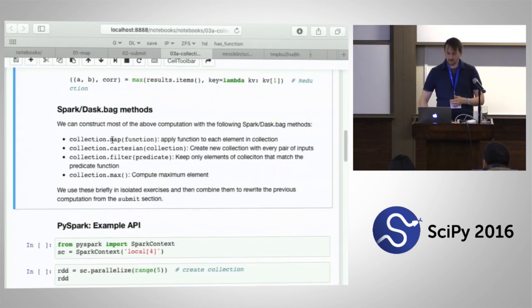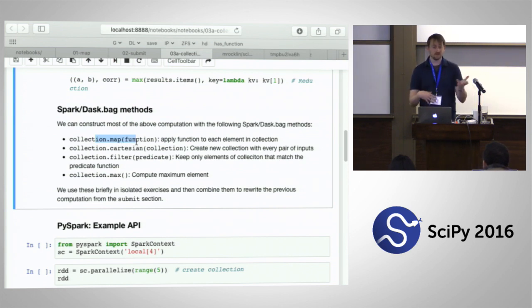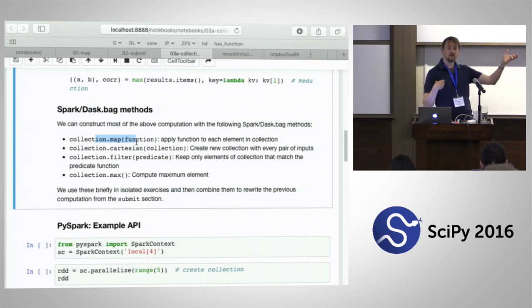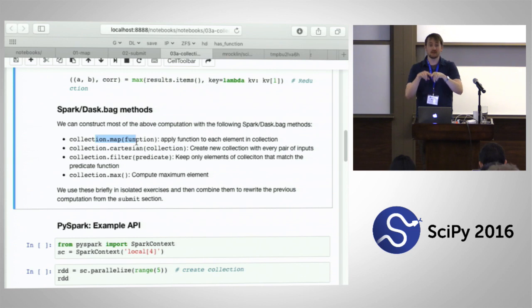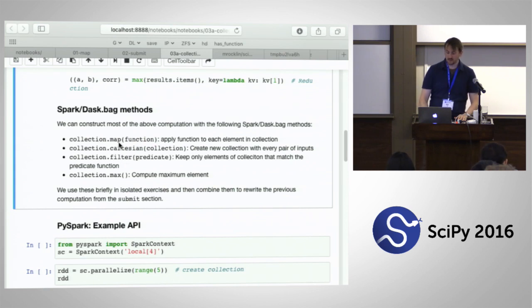So we've got methods like map. What this does is it's map on your data, but this is instead of a function or a method on your compute resources on your executor. This is a method on your data representation. So your data has a method map that actually calls map on itself, and then gives you the result of that map. And then Cartesian,